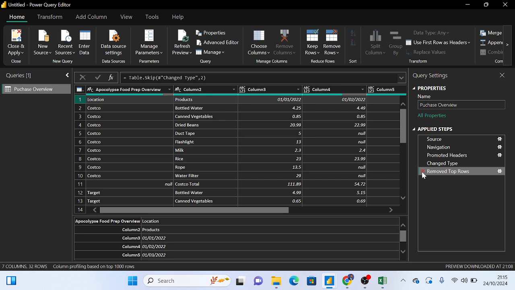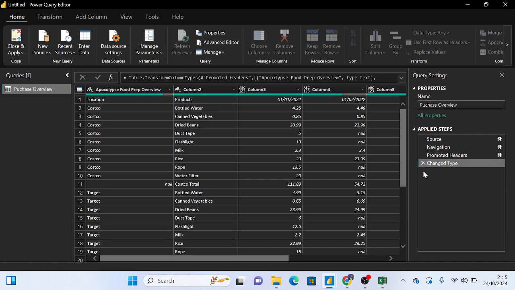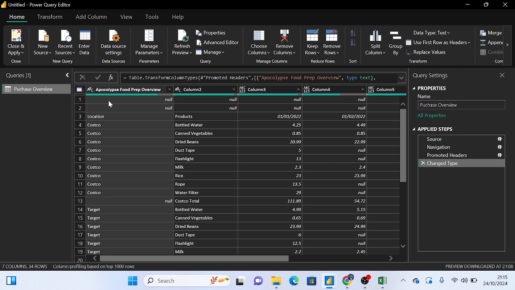Right now, we have just removed the top rows. If I were to take back my empty or null rows, I would just come here and cancel that step, and you can see I have cancelled that step, and you can now see my